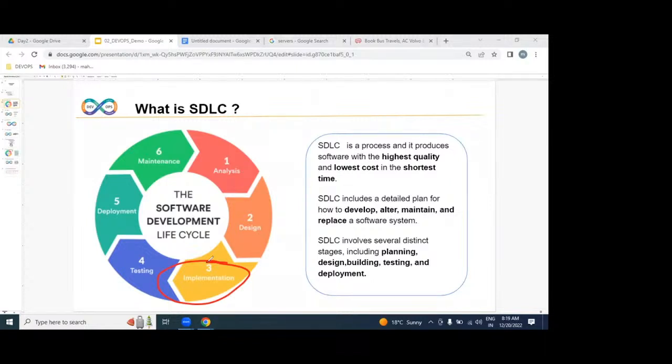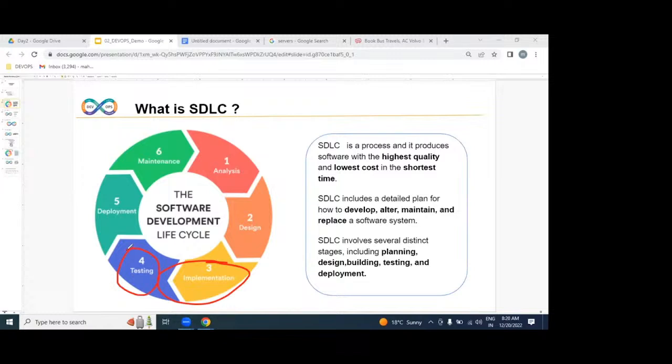Our developers will implement the software by using Java or .NET or Python, whatever. After successfully implementing the software, whether the software is going to be working or not, our testers will verify it using automation test cases, manual test cases, or performance test cases.